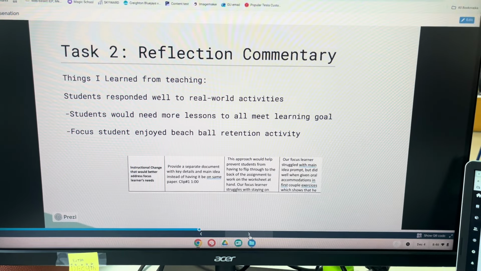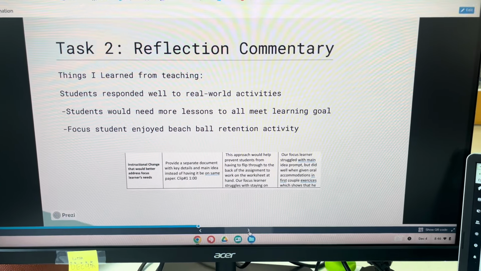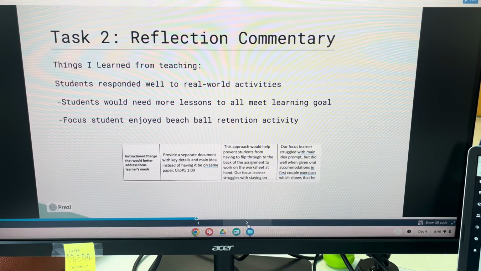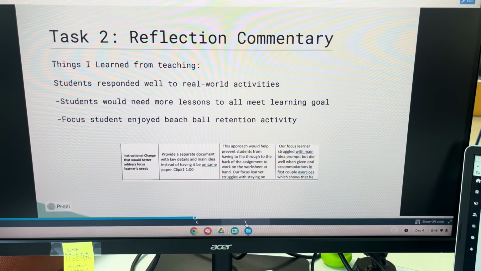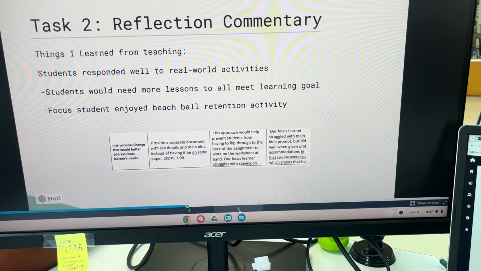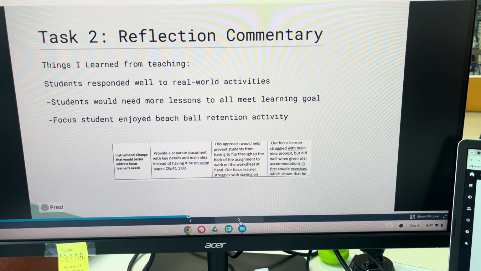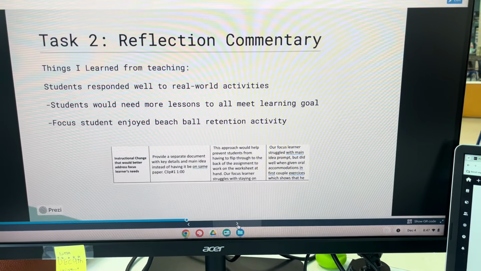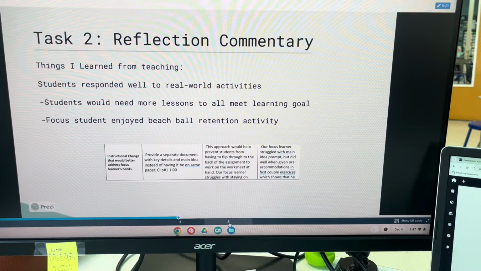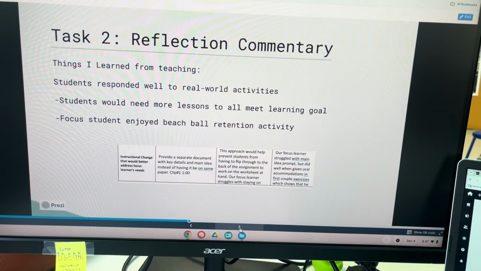As far as my reflection commentary, I really worked with my kids to do a bunch of real world teaching and real world activities. So things like a laundromat. A lot of my kids, we do a field trip every year where we go to a laundromat and my kids practice doing laundry. Seems like a simple thing, but with kids with special needs, especially a lot of our students who struggle with coming to school with clean clothes, it's kind of a big thing for them. Plus, a lot of their families already go to laundromats. They don't necessarily do it, but it's fun for them to learn and then be able to help their family with that. So that's one thing. My focus student really loved it and had a lot of fun doing it this year. And so it was kind of fun.